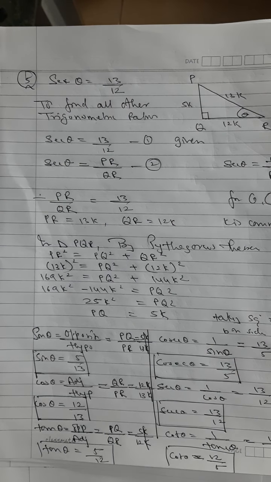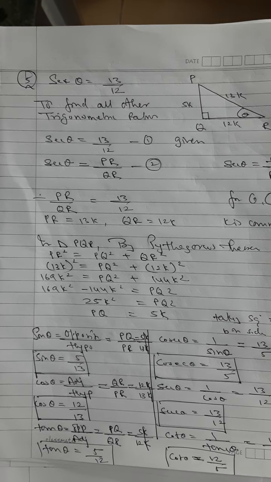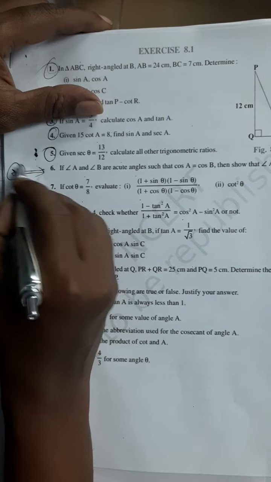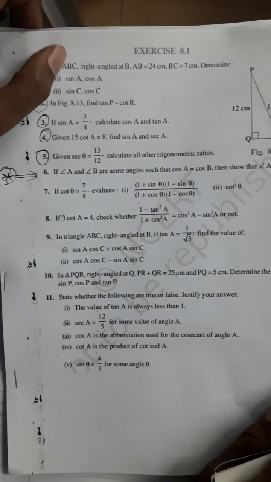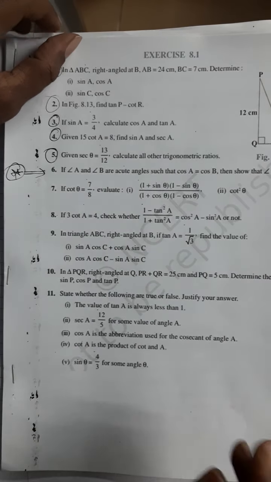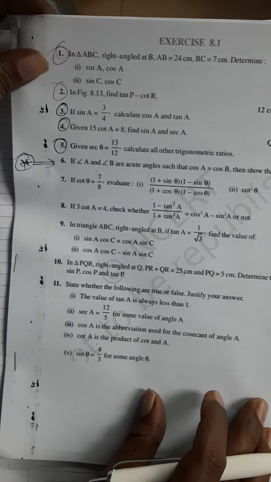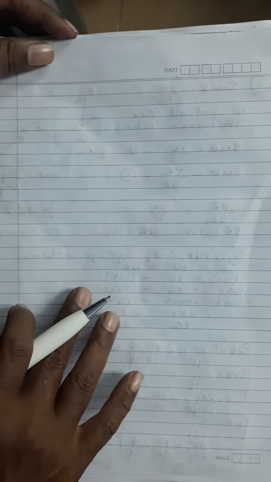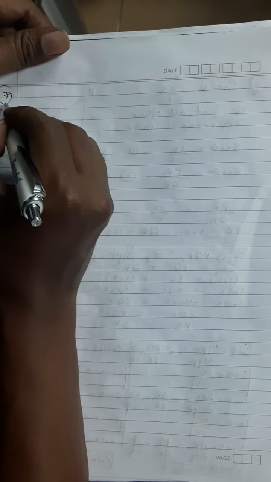Okay. This is done. Angle A and angle B are acute angles such that cos A is equal to this. Actually question number 6 is slightly different, not in the angle of this. So I will show this later. But all other questions go in the same way without disturbing. Okay. So I think I can stop over here, or should I go for one more? Question number 7. I will do one more and then I can stop.